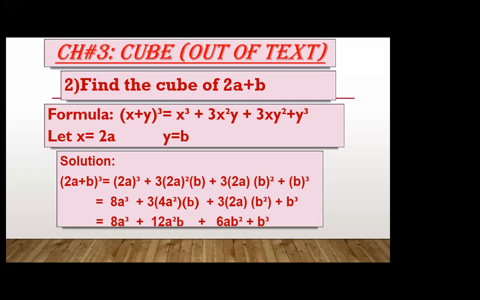Okay, 2a plus b. Again, this is the plus between the binomial, between these two terms. You can see the plus sign is there, so we have to use the plus formula. By comparing the formula with the question, we get x equals 2a and y equals b, right? Then what we have to do, just put, in the heading of the solution,